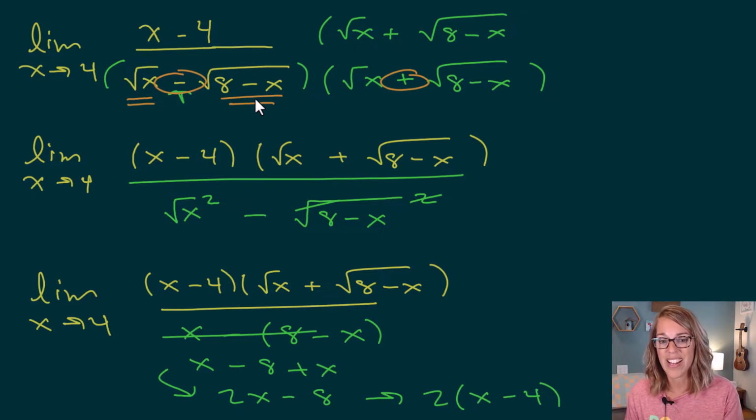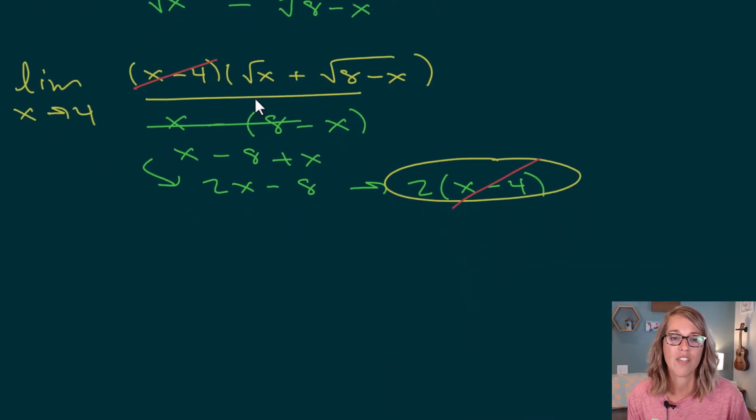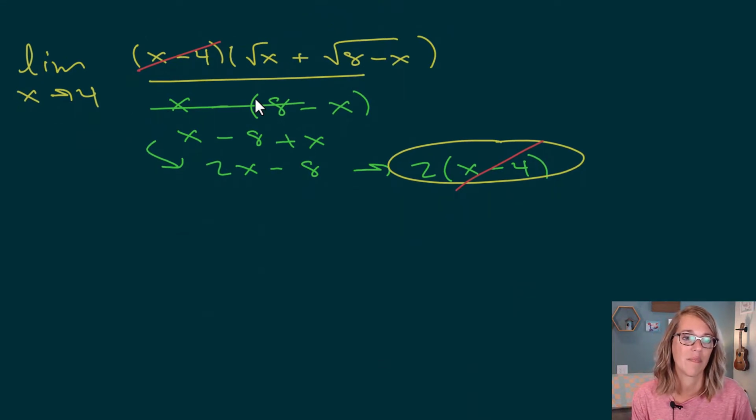Now, instead of rewriting all of this, this is now my new denominator. And notice how I've got the x minus 4 in the denominator, which will cancel with my x minus 4 in the numerator. Let me scroll up. We are just about to our answer. So what do we have left? We've got our limit still that we need to apply. So the limit as x approaches 4